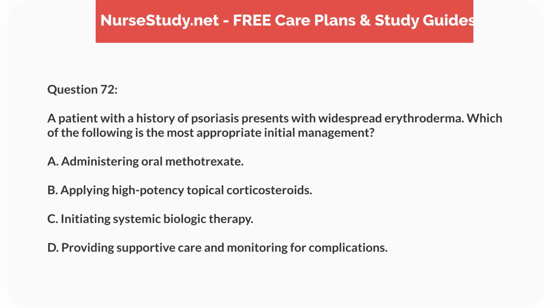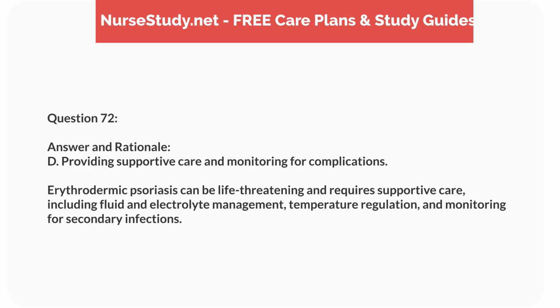D. Providing supportive care and monitoring for complications. Answer and rationale. D. Providing supportive care and monitoring for complications. Erythrodermic psoriasis can be life-threatening and requires supportive care, including fluid and electrolyte management, temperature regulation, and monitoring for secondary